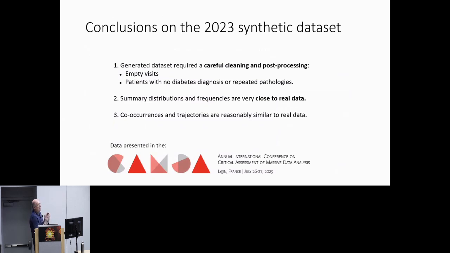So that would be the data set that was available last year, the low resolution. In principle, it looks close to real data, and the co-occurrences and trajectories are reasonable, similar to